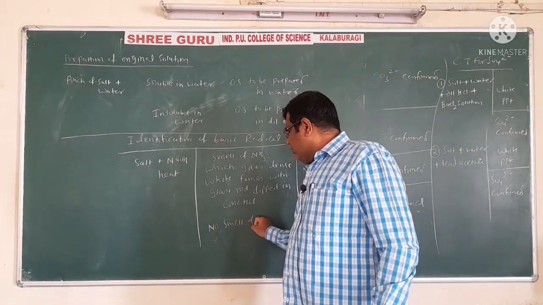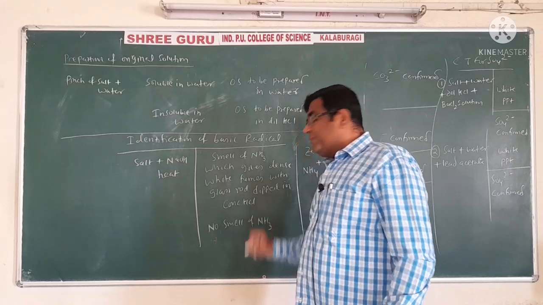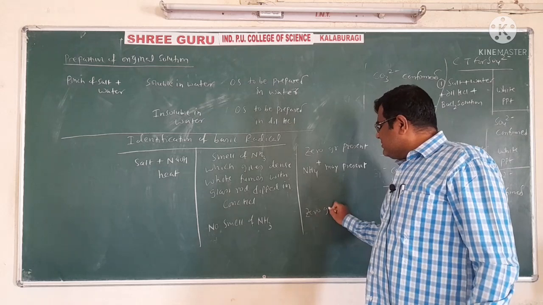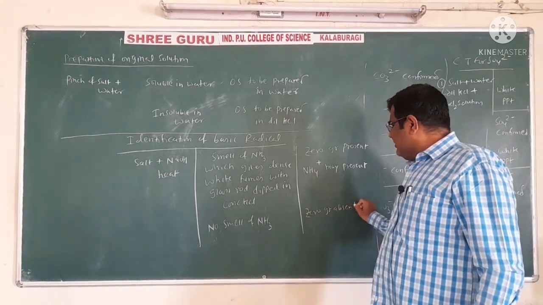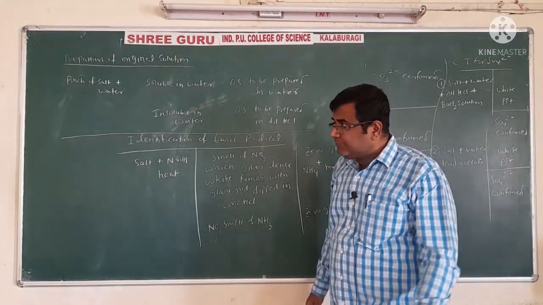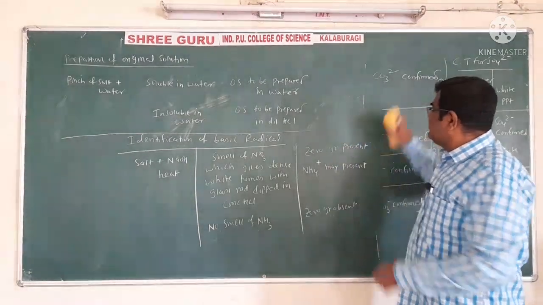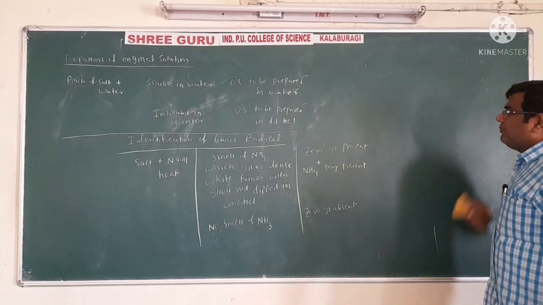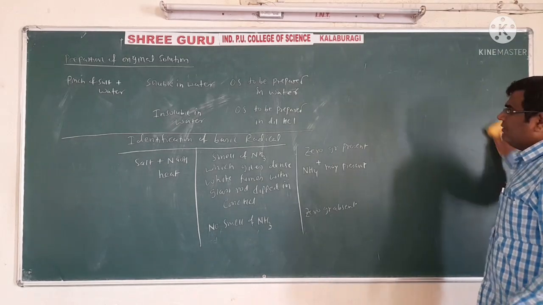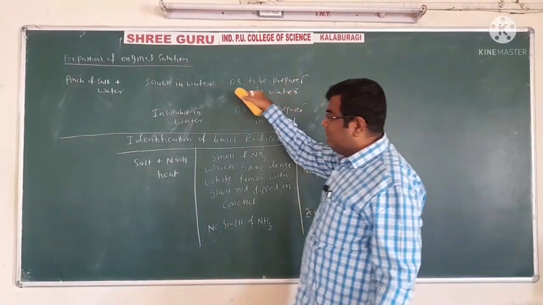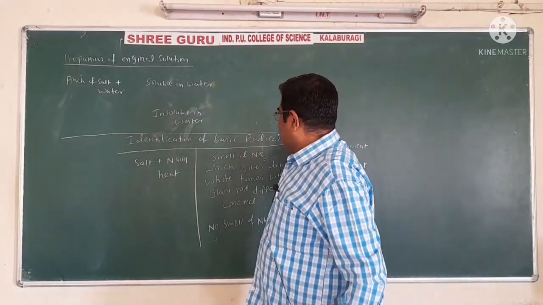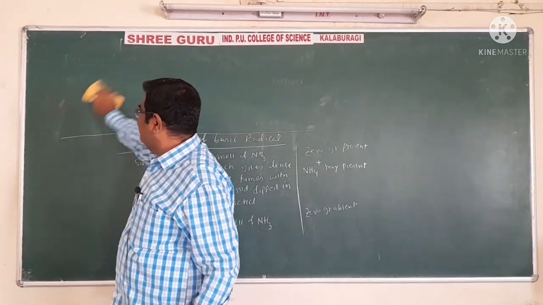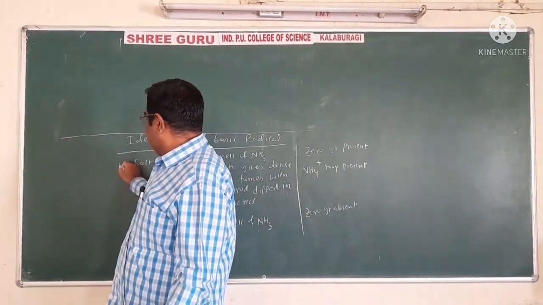No smell of ammonia, what can we say? We can say zero group absent. Now, if zero group is absent, it is our duty that we should go to the next group. The next group will be, of course, group number 1. Again, I will do this part because now I have to write more groups on the board. So next, this is test number 1, we can see.